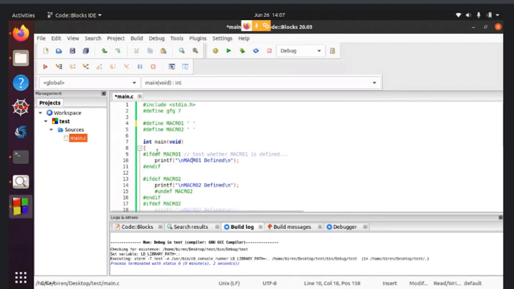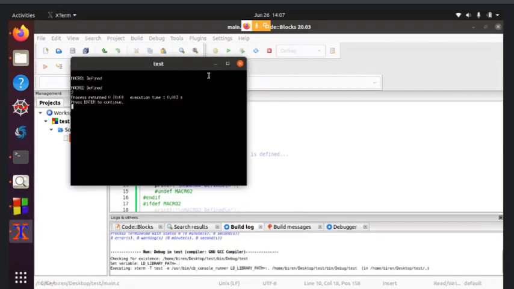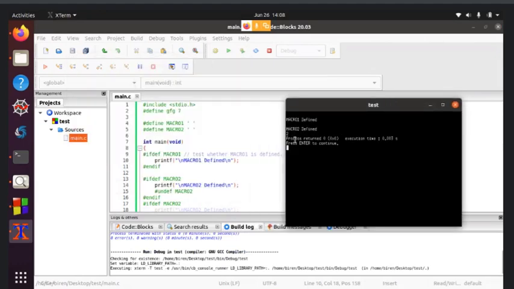Now, here #ifdef macro 1. Test whether macro 1 is defined. If macro 1 is defined, you can observe this line on your output screen. So here you can see macro 1 defined.